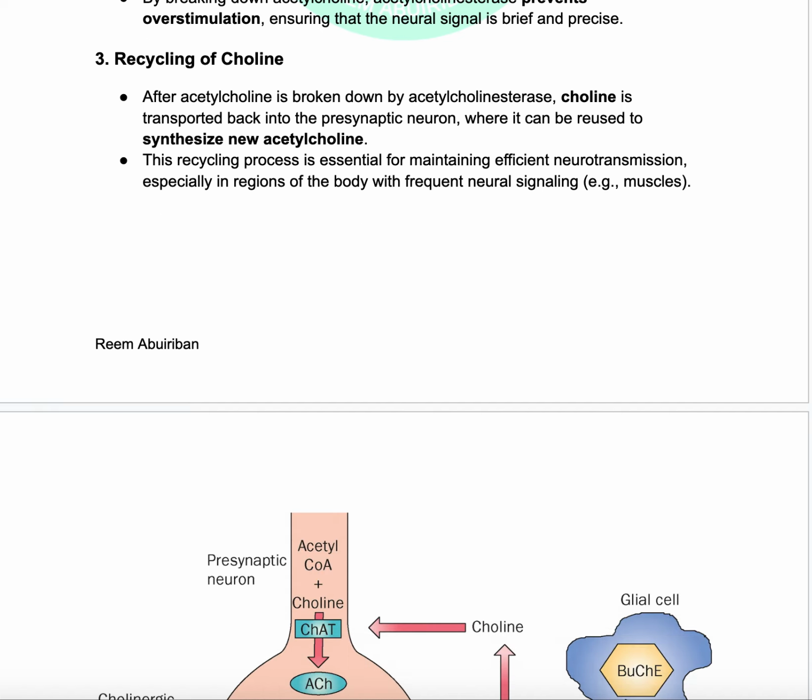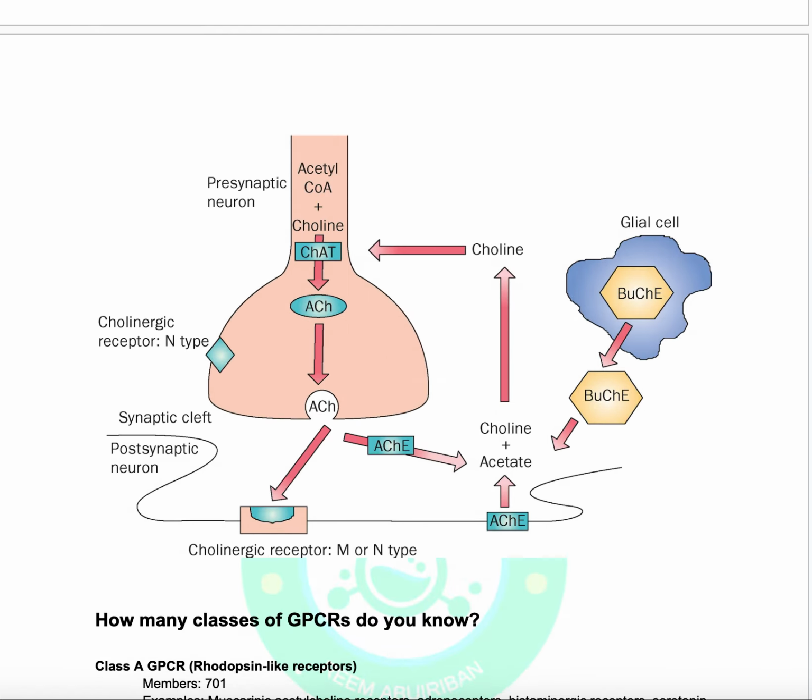So this is for the first question. Let's see how that can happen. This is the presynaptic neuron, and this is acetyl coenzyme A with the choline, and then it leads to formation of acetylcholine, and then the acetylcholine binds to the receptor that is present in the postsynaptic neuron, and this is the synaptic cleft. Then acetylcholinesterase comes rapidly and leads to breakdown of the acetylcholine into acetate and choline, and